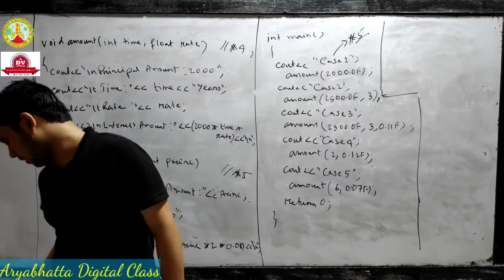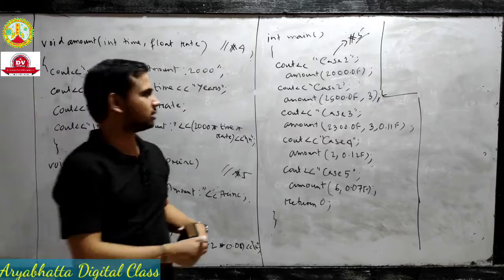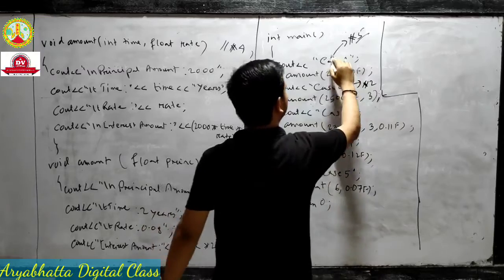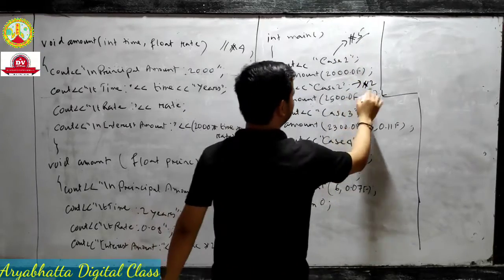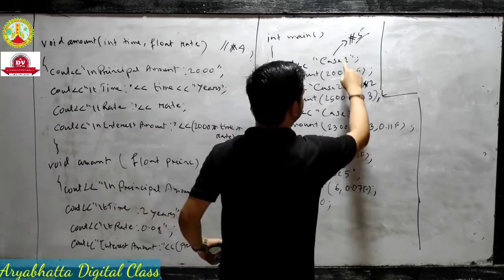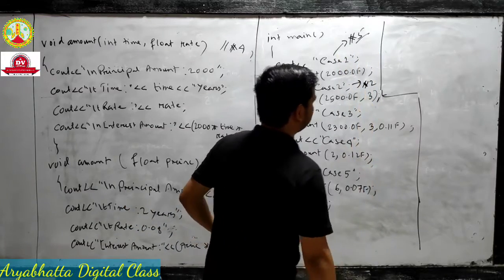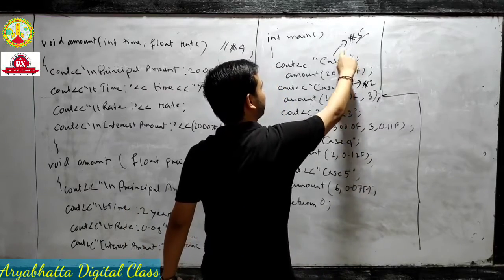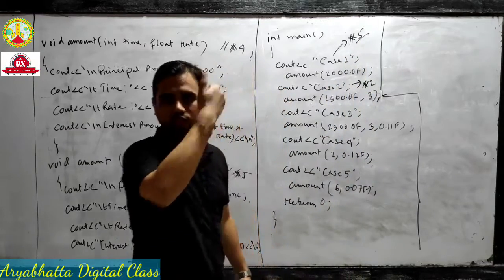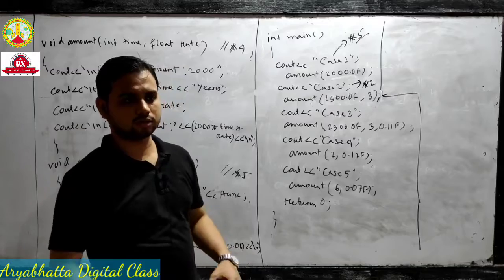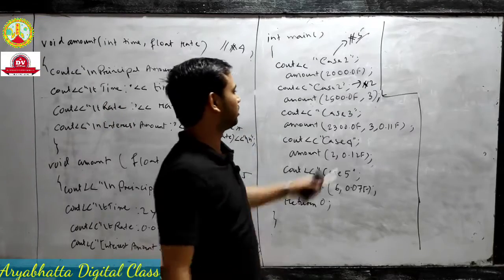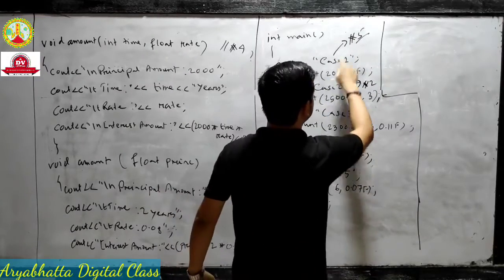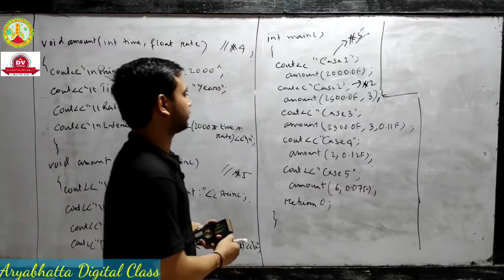So this case 2 is for function 2. No need to write this here, because in the coding part I write it for your understanding. If you wish to write it, you can copy it and write it inside for understanding purposes. But when you do it on your computer, there is no need to write it like that. I write this condition to show which case is for which function. Don't be puzzled: case 1 is for function 5, case 2 is for function 2.